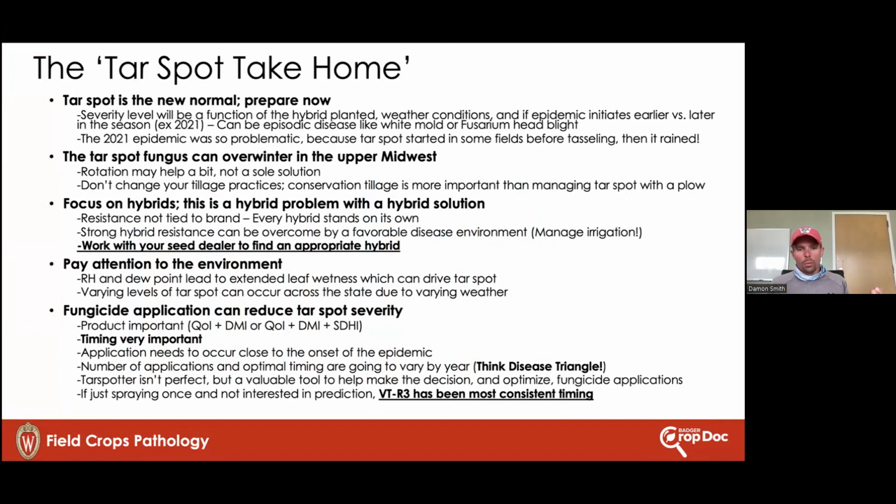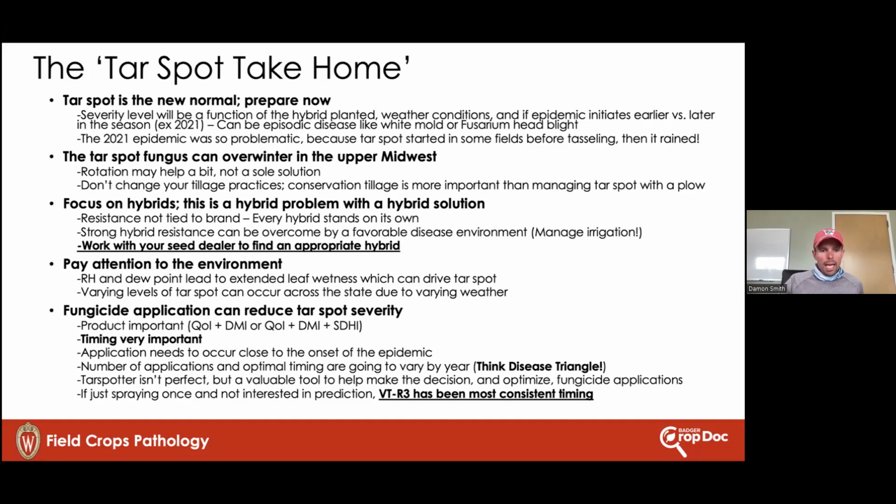You can look at fields. I'd be going after fields that are corn on corn no-till, where I know I have a susceptible hybrid. That's where I'd be scouting first. And then looking at my apps and trying to figure out where the environment's been conducive there. Keep that environment in mind, and it's these leaf wetness periods, but they're probably intermixed with a longer dry spell. And so, I'm looking ahead the next week or so, and we're starting to see some pop-up storms come in after this long dry spell here in the southern part of the state. And we could be set up here for a little bit of tar spot. We gotta stay in tune there.